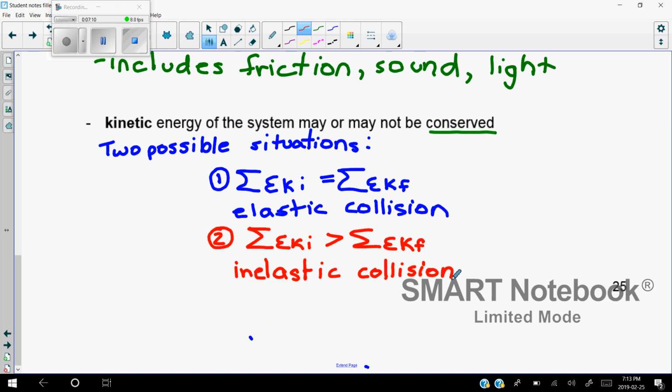Or is it an elastic collision? So I'm going to show you in one second how to calculate that. And then just remember here, I'll put it down here, what this sum symbol means. So ΣEKF,